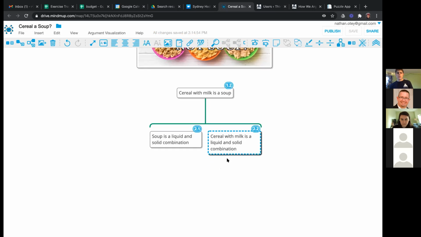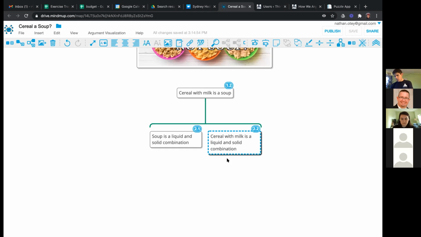First of all, is everybody already convinced? Does everyone believe that cereal is a soup now? Nate, I have one concern in this, is that I believe tomato soup is a widely recognized soup, yet does not have any solids. Great. Thank you, Joe. So what Joe's doing is he's giving us an objection.